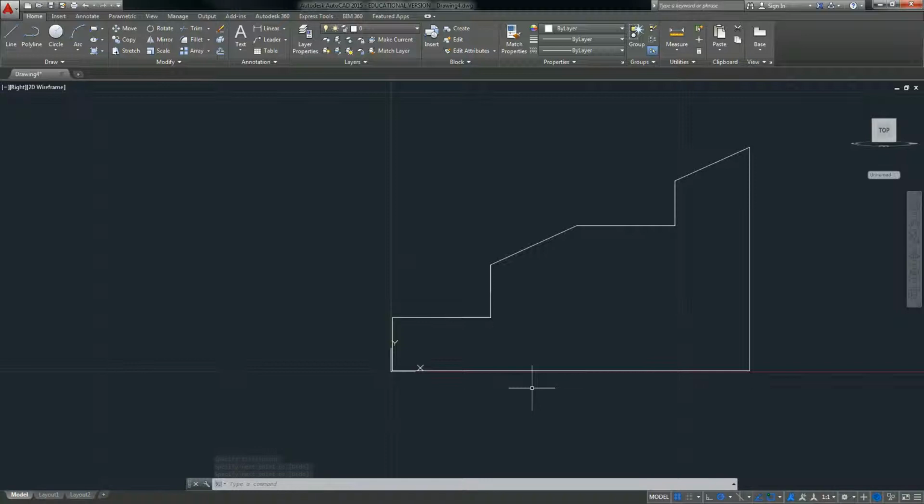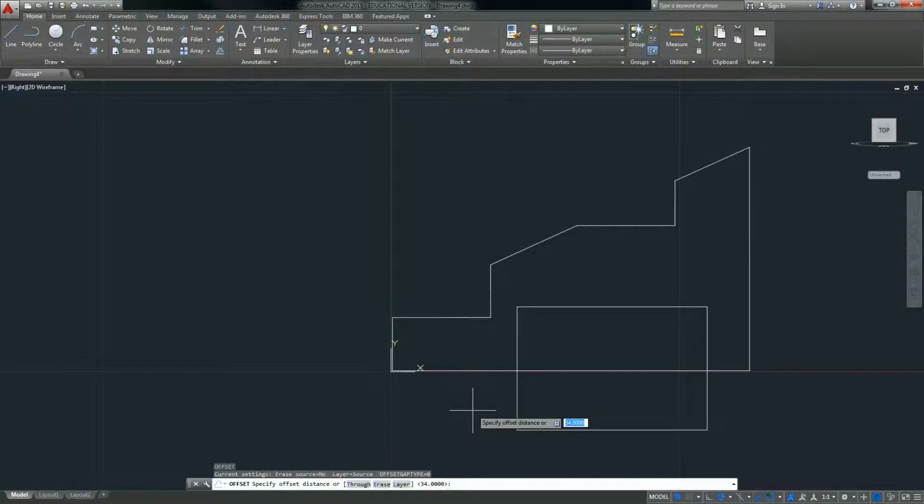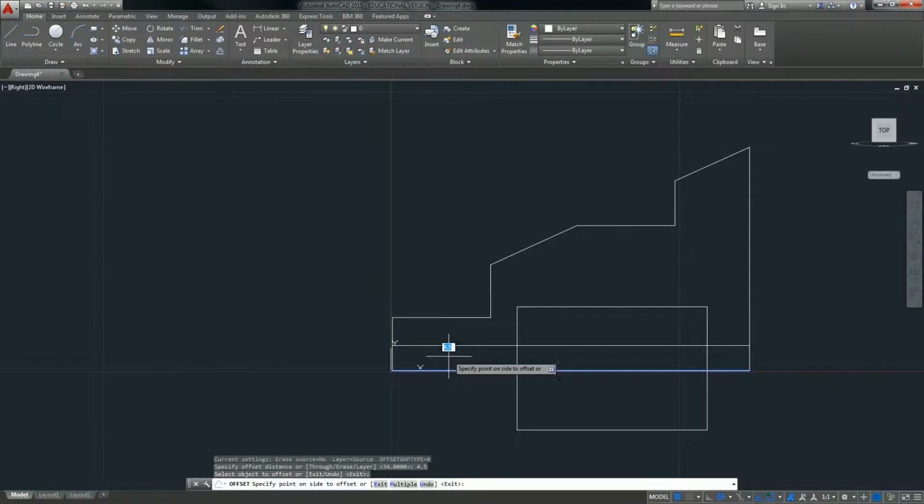Now I want to work on my inside profile a little bit. And my inside profile, I'm going to do this a little bit differently too. I'm going to draw a rectangle. And the size of that inside cut is 33 by 22. So I'm just going to do 33, 22, and I'm going to get that rectangle in place. And then I'm going to offset the inside as a diameter of 9, 4.5. So we'll offset that in